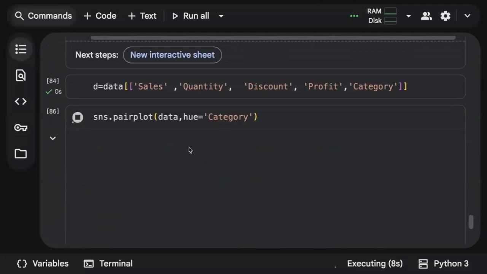So pair plot just gives you a scatter plot for every pair, like sales with quantity, sales with discount, sales with profit. Similarly, quantity with sales, quantity with discount, discount with profit. For every pair of numerical columns, it is going to generate a pair plot for you. This is quite interesting in order to understand the relationship between different pairs of variables. Always remember, pair plot works only with numerical variables, not with categorical. And hue can be categorical so that you get a colorful graph.